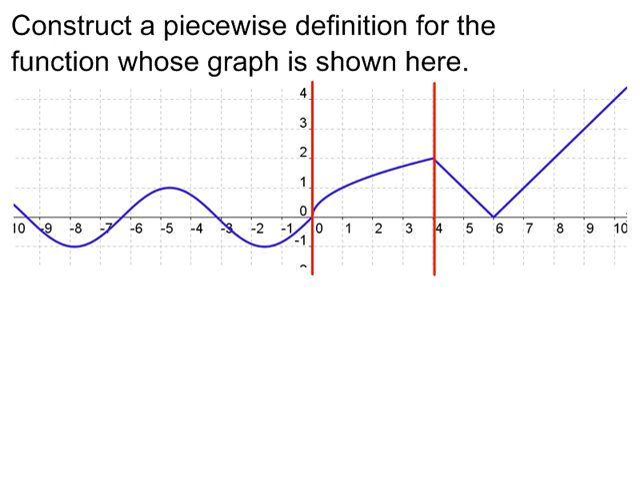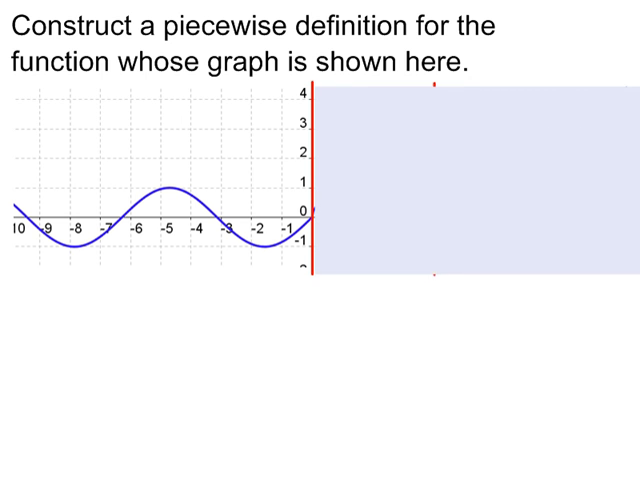Alright, let's focus on one piece at a time. So let's focus on that first piece of the piecewise function, which hopefully you can narrow down to either the sine function or the cosine function. If you look really closely, you'll notice that only one of those two goes through the origin like this graph does. So hopefully you say, based on that observation, this is the sine function. So let's go ahead and write